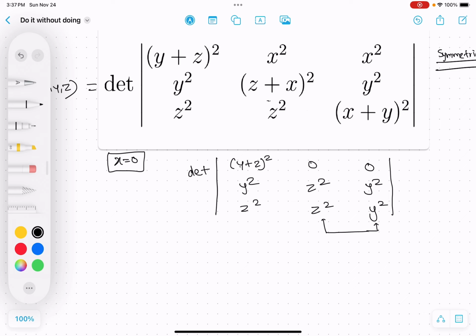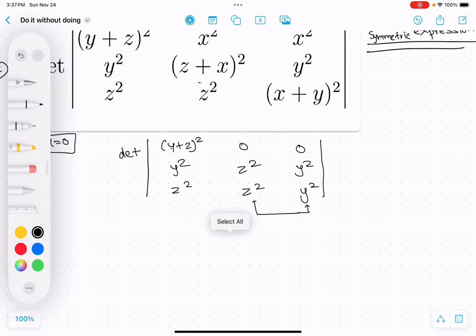By identical, what I mean is, if I do a row operation, like we can do a few row operations in a determinant, right? I can either scale a row, but if I scale a row, then I need to have a constant outside the determinant as well. I cannot really scale a row without changing the determinant. But what I can do, without changing a determinant, is add a constant multiple of one column to another column, right? So over here also, if I do, let's say, row 3 equals row 3 plus 1 by, sorry, not plus,